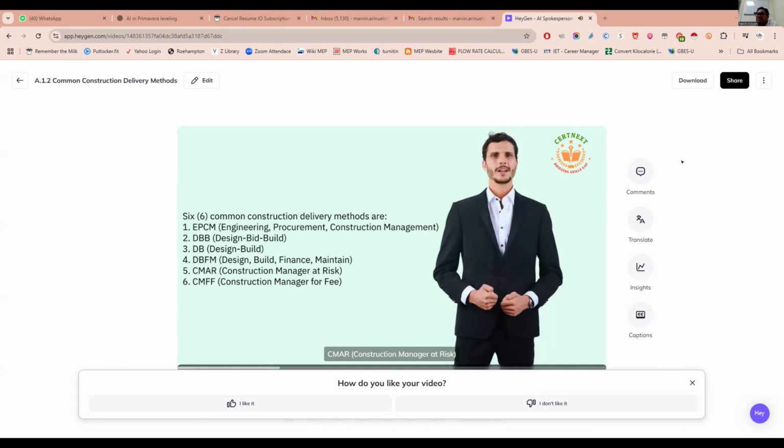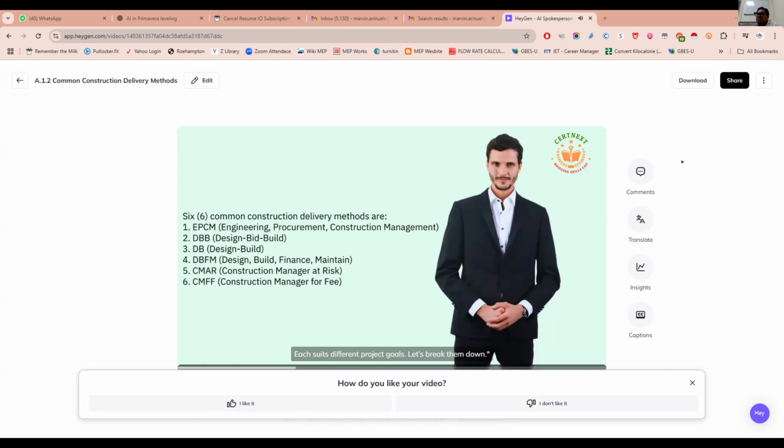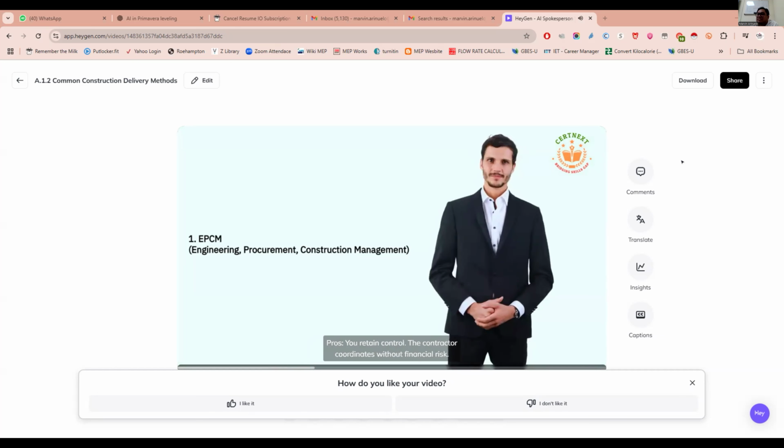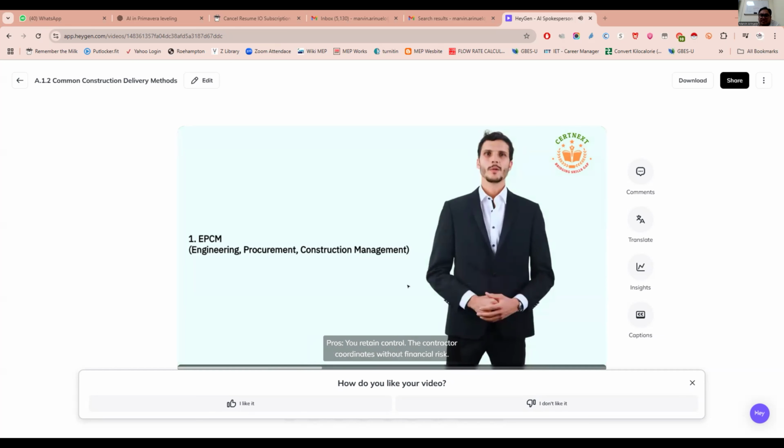CMAR, construction manager at risk. CMFF, construction manager for fee. Each suits different project goals. Let's break them down. First up, EPCM. Ideal for large-scale industrial projects like oil refineries. Pros: you retain control. The contractor coordinates without